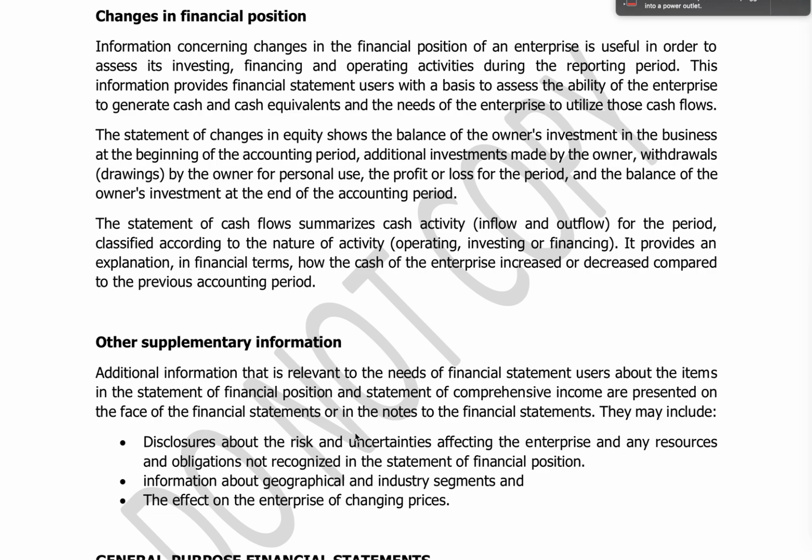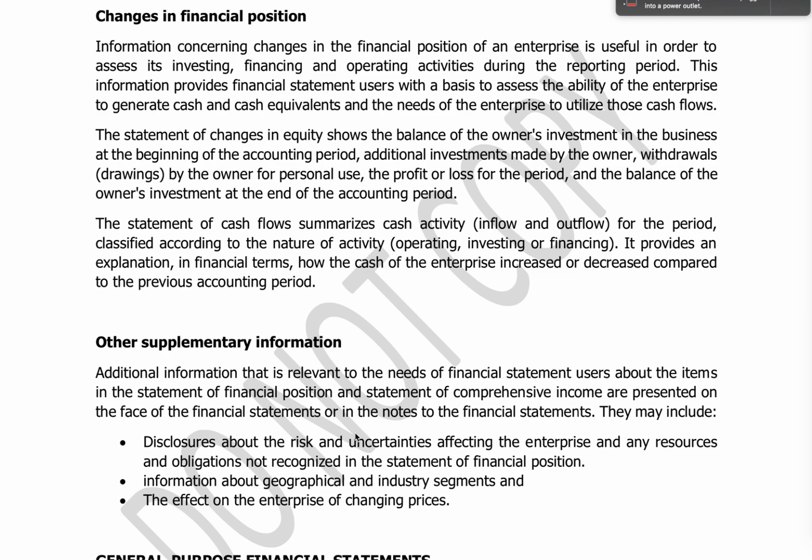Ayan. So, statement of changes in owner's equity is capital beginning plus, ilista nyo, isulat nyo, capital beginning plus additional investments plus profit or loss, profit of course, less withdrawals or drawings, less loss. Ulit, capital beginning plus additional investments plus income, pero pag loss naman, then less loss, then less withdrawals or drawings is equal to capital end. Yan ang statement of